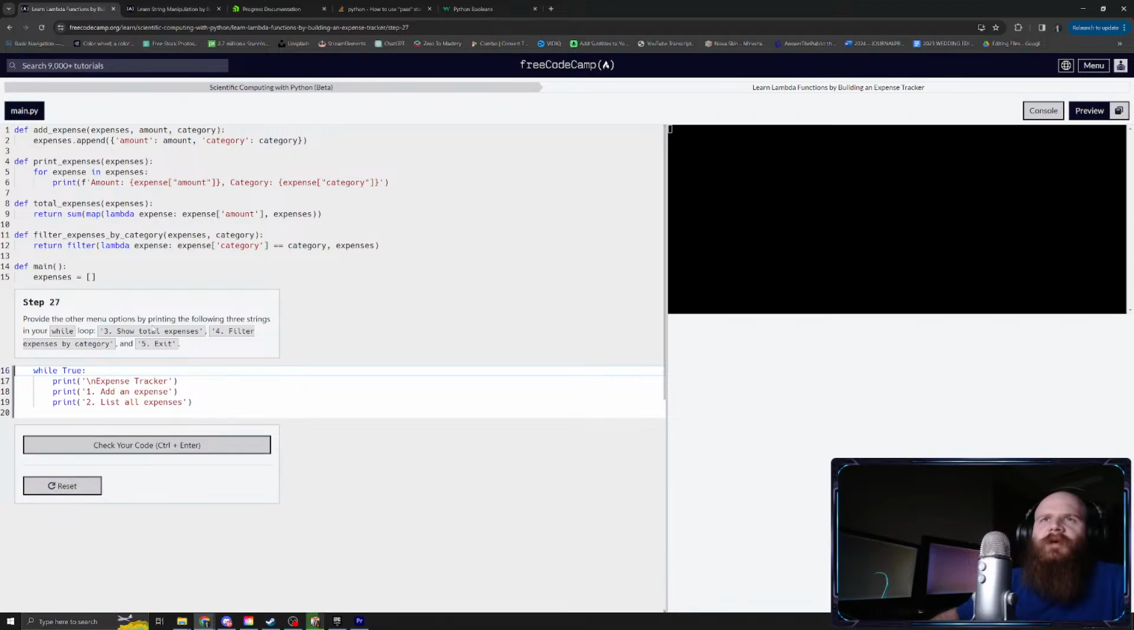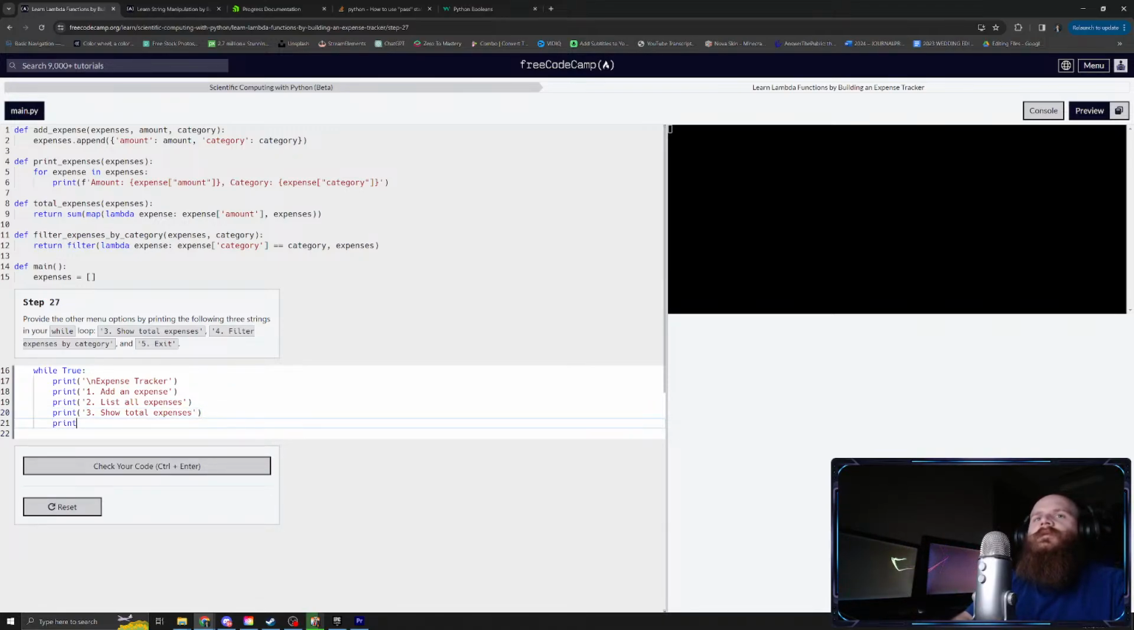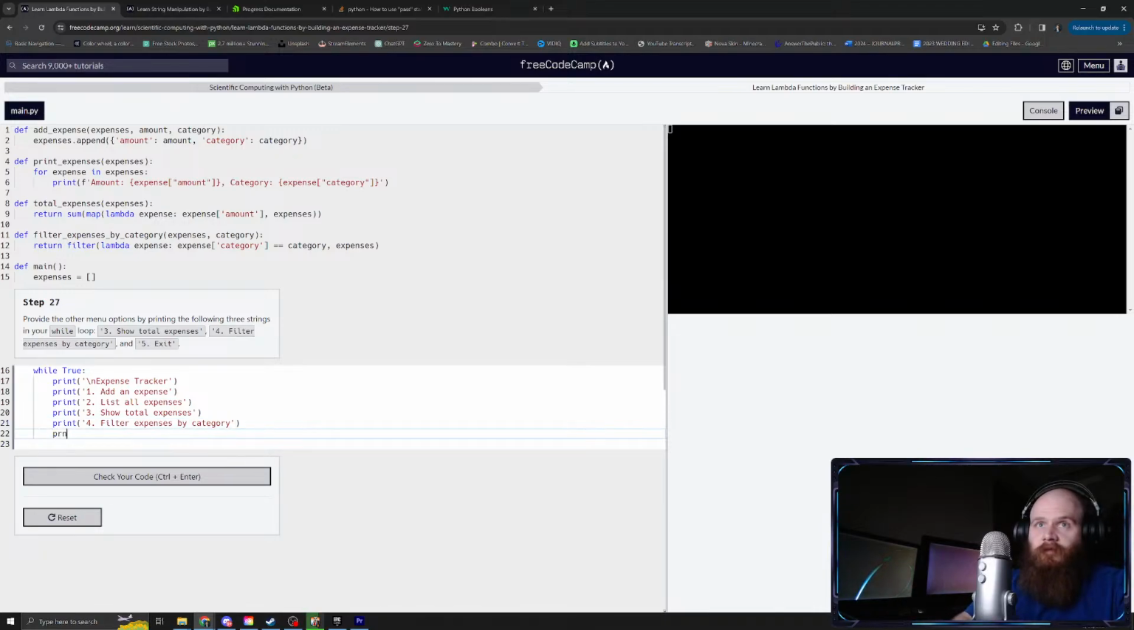Provide the other menu options by printing the following 3 strings in your while loop. So we got 3 show total expenses. Whoops. 4 filter expenses by category. And finally,